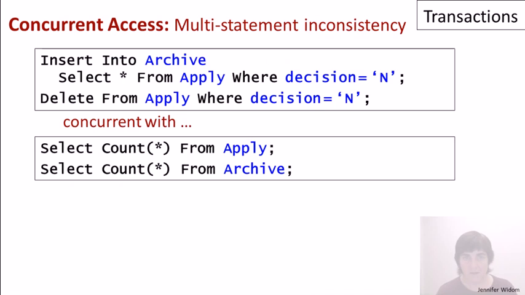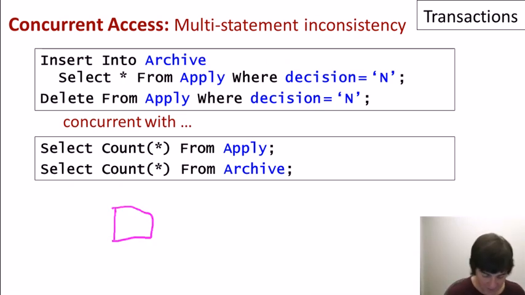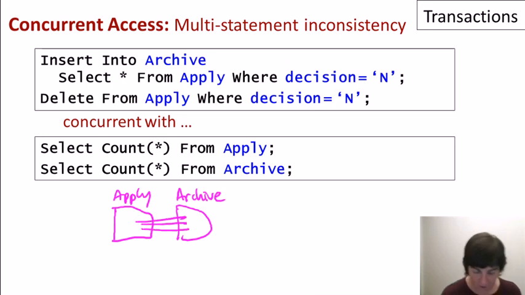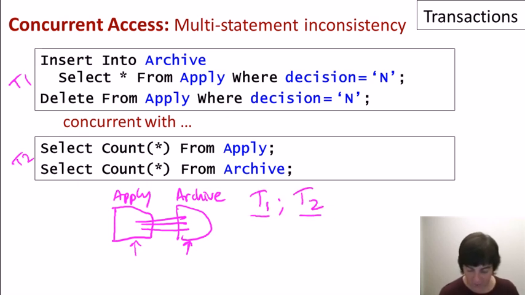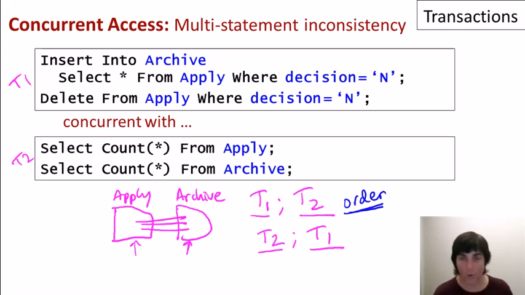the application. And our last example was the case where we had the apply table and the archive table, and we were moving records from one table to another in one of our clients, and the other client was counting the tuples. And again, T1 and T2 are issued as transactions. The system guarantees that we'll either move all the tuples first and then count them, or we'll count the tuples and then move them. Now again, here's a case where the order makes a difference, but if we care specifically about the order, that would have to be coded as part of the application.